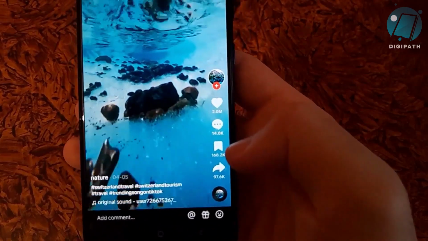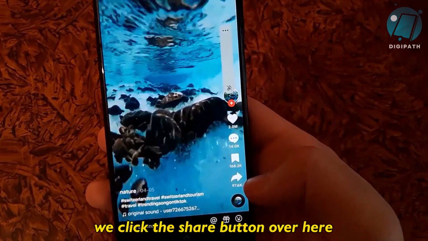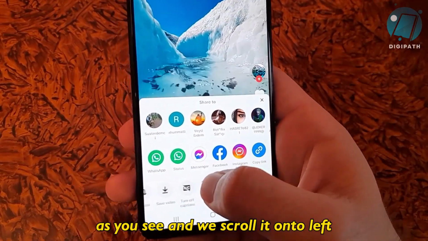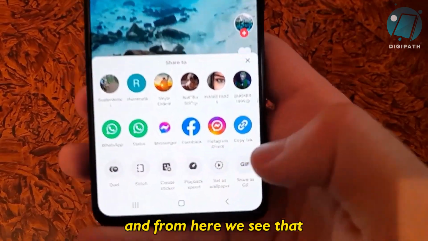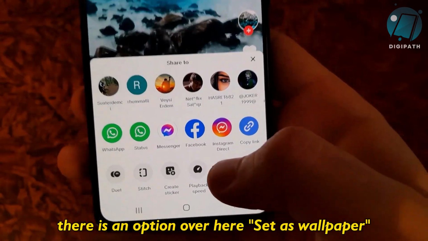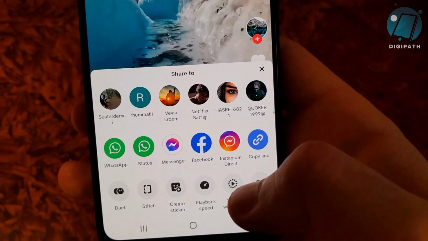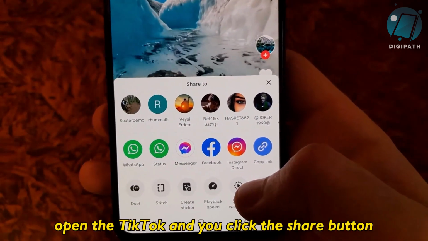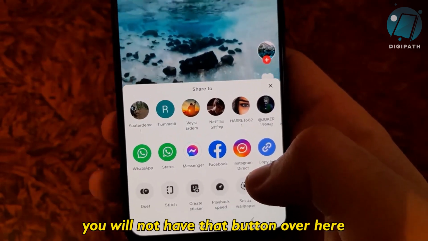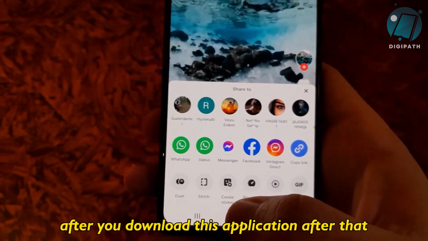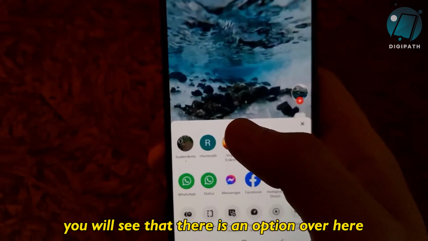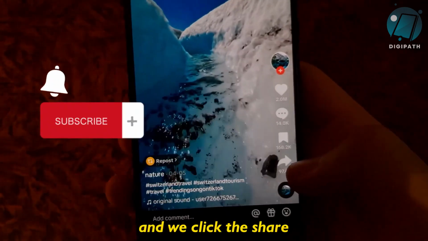For that purpose we click the share button over here, as you see, and we scroll to the left, and from here we see that there is an option over here, set as wallpaper. For example, you immediately open TikTok and you click the share button and you scroll left, you will note that button over here. After you download this application, you will see that there is an option over here, and we click the share,